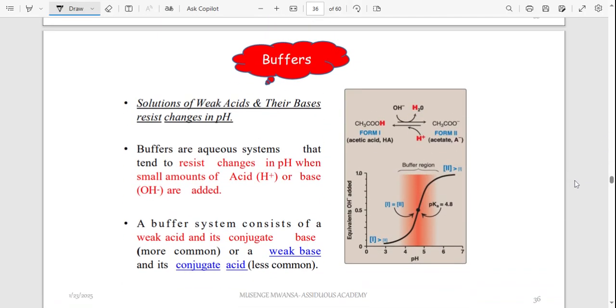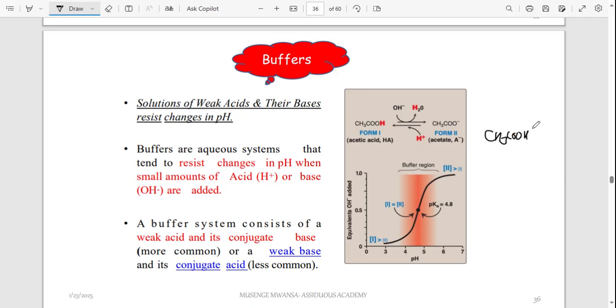The last concept you need to understand when it comes to this topic are buffers. A buffer is a solution which is made up of a weak acid and its conjugate base, which resist a change in pH. And the aim is you want to maintain a constant internal environment. Buffers are aqueous systems that tend to resist change in pH. Please take note that when a small amount, not large, small amount of acid or base is added, because for example, you have got